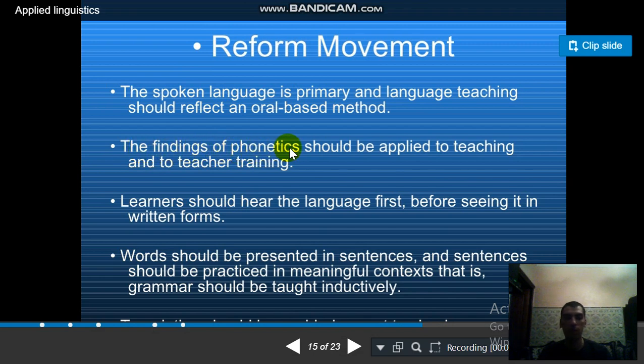The findings of phonetics should be applied to teaching and to teacher training. Learners should hear the language first, before seeing it in written forms. Words should be presented in sentences, and sentences should be practiced in meaningful context, that is, grammar should be taught inductively,